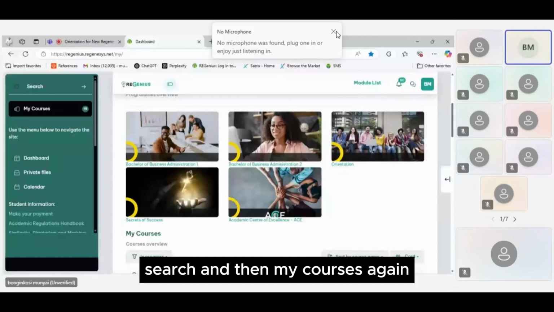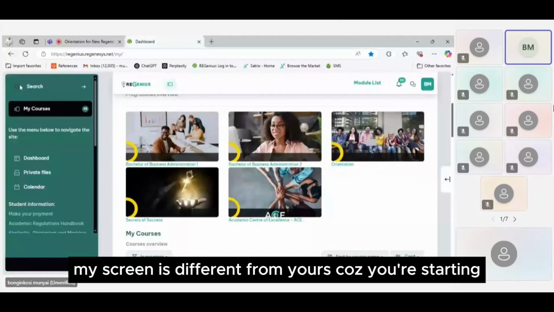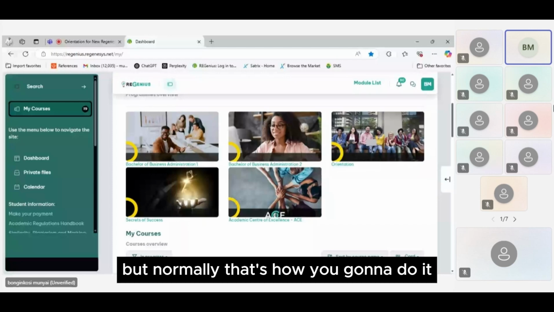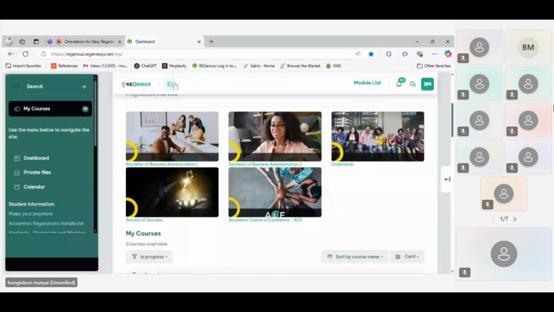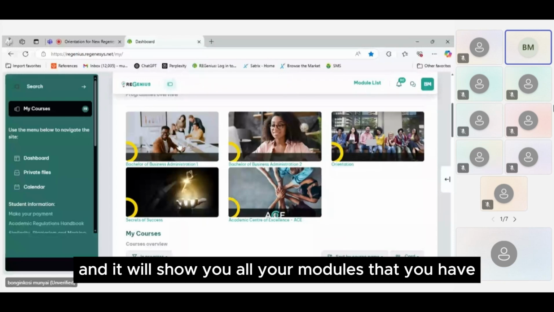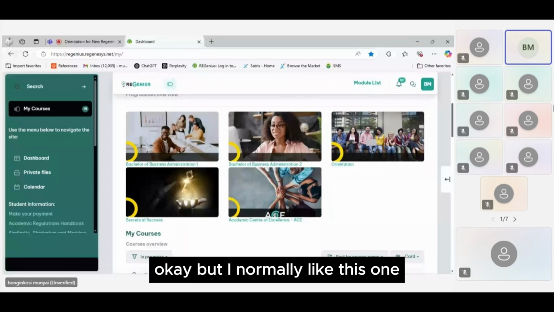Search, and then my courses. Again, my screen is different from yours because you are starting. I've had more courses loaded in, but normally that's how you're going to do it. Or you can just click here on Bachelor Administration and it will show you all the modules that you have, okay? But I normally like this one because it kind of gives you,